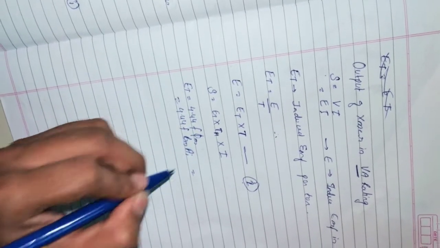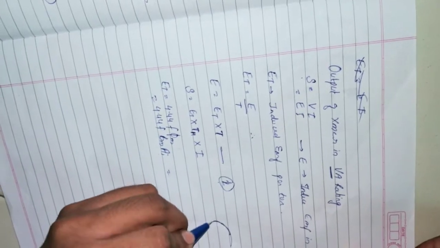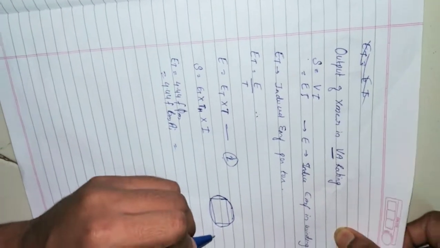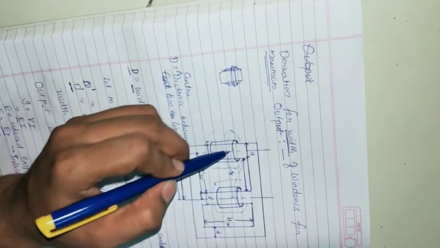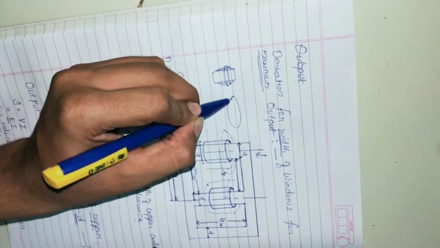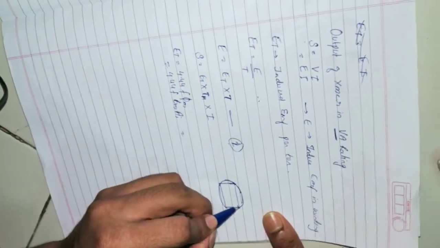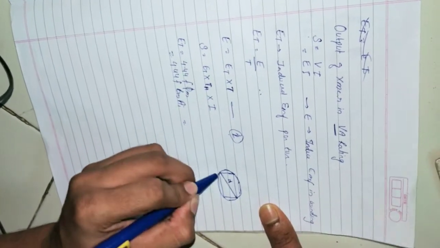This area, if we are going to write it in a form like, see, this is our winding and this is our core. If we are taking from this portion, if we are seeing from top, how will it look? It will look like this portion, right? So same here we are assuming. So this is called the D. D is the diameter portion.